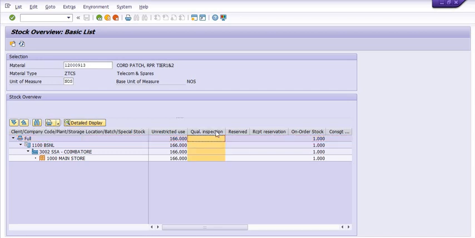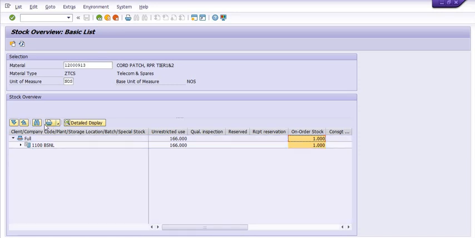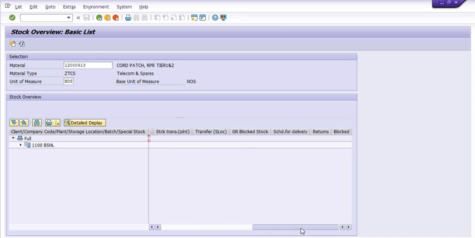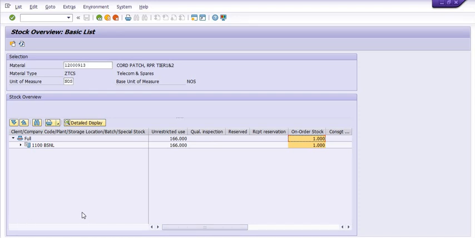Reserve quantity, receipt quantity, order stock, consignment stock, and all things you will get here. Hope you understand. GR block, transferred, scheduled for delivery, returns, blocked. Every detailed structure of your present stock is reflected here.